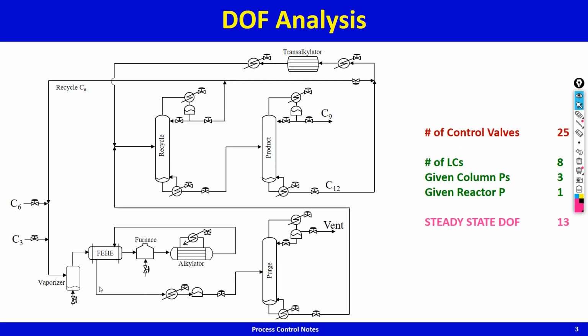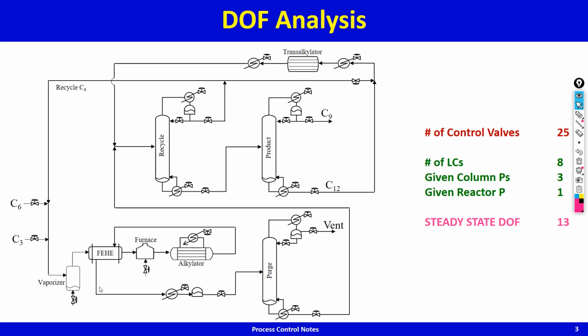Yeah, so in order to have a cheaply designed process, you would always be running at the pressure that the equipment is designed to withstand, the maximum pressure that it can withstand. So the reactor pressure will be the design pressure. Yeah, so that's that. So that takes care of 8 plus 3 plus 1, 12 things that either have no steady state effect or that we are not allowed to change because they are fixed. So that's 12 things fixed, 25 control valves, that leaves 13 steady state degrees of freedom, and you can actually count these steady state degrees of freedom pretty easily.